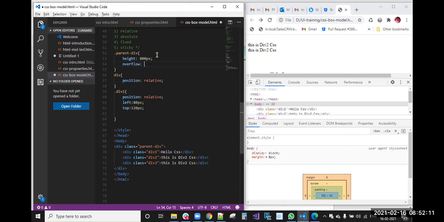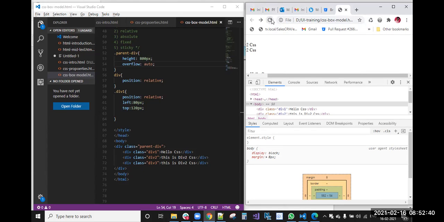So overflow auto. We have two properties, overflow-x and overflow-y. Overflow-x is the horizontal scroll, and overflow-y auto means the vertical scroll will come.